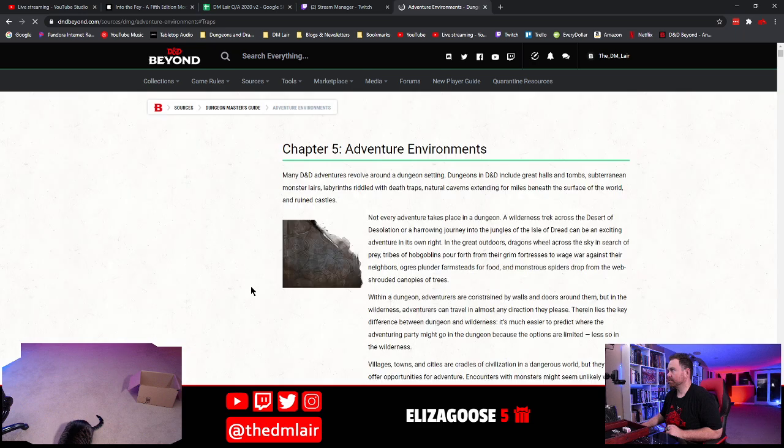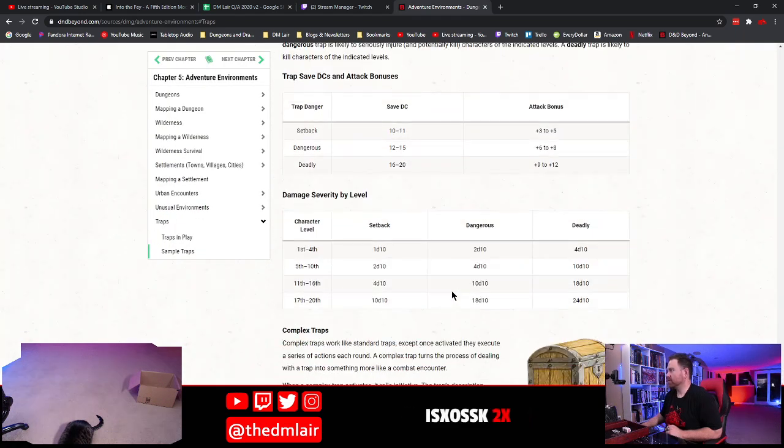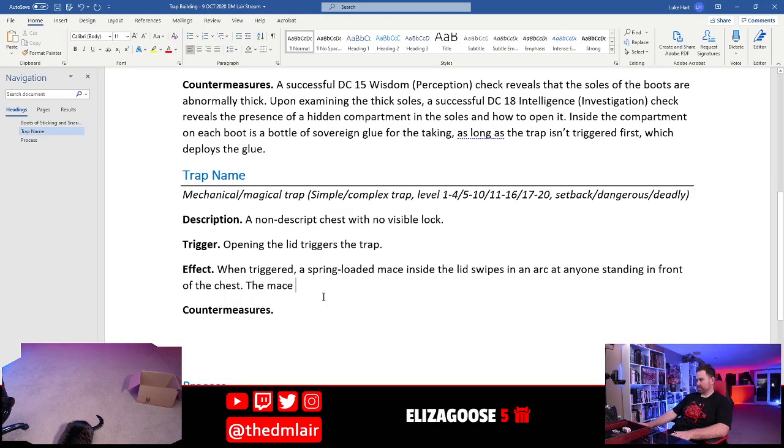Here we are. Where are my tables? There we go. So let's give it an attack bonus of like +5. +5 is a decent-ish attack bonus. Mace has an attack bonus of +5, and on hit